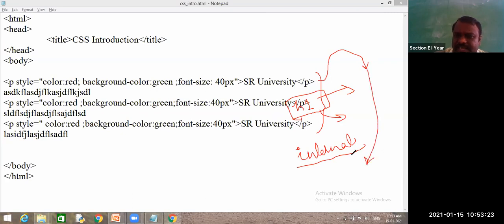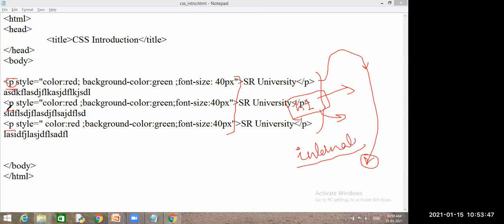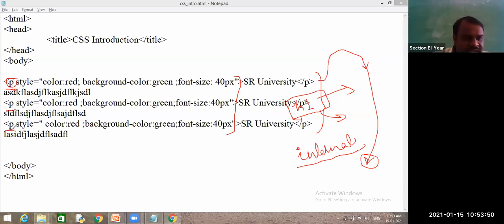If I write it in internal, you write only once. These properties are applied for which element? The paragraph element. For this paragraph element, the same style is repeating multiple times.